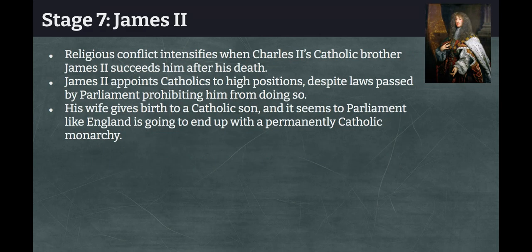All right. Now, having a secret Catholic is bad enough, but then England gets a legit Catholic. So religious conflict is going to intensify when Charles II's brother succeeds him, and he is James II. And James II, not happy about the Test Act, he appoints Catholics to high positions in defiance of the Test Act. And not only that, his wife gives birth to a Catholic son, and Parliament sees what's going on here,